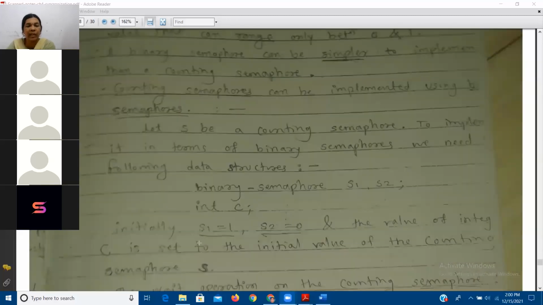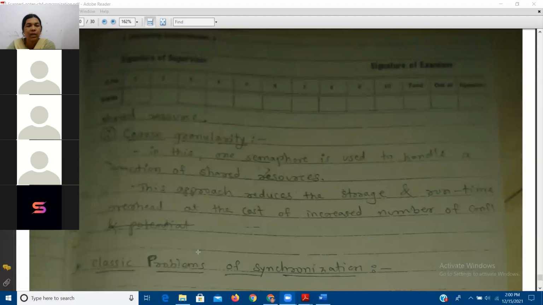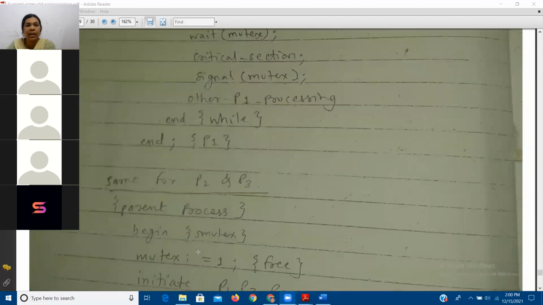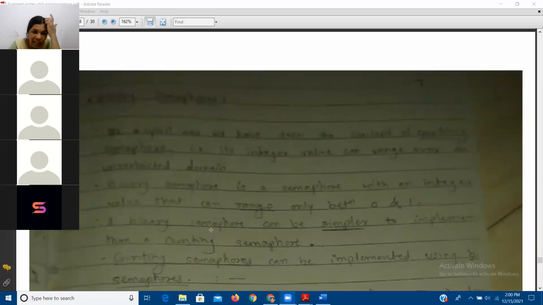So these are the two important characteristics of semaphore. One more point is there in the semaphore itself, that is the concept of binary semaphore. Until now we have seen the concept of counting semaphore. What we have discussed so far is called counting semaphore. Counting semaphore in the sense that the value of the semaphore variable may be other than 0 or 1. It may be 2, it may be 3, it may be 5.